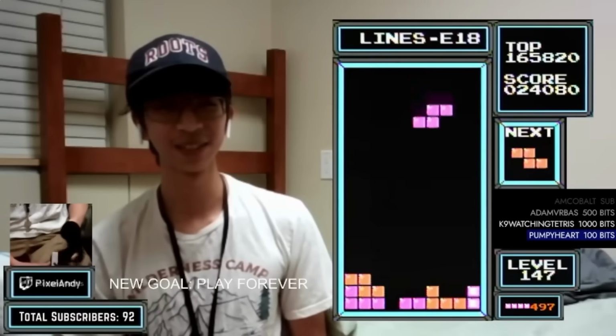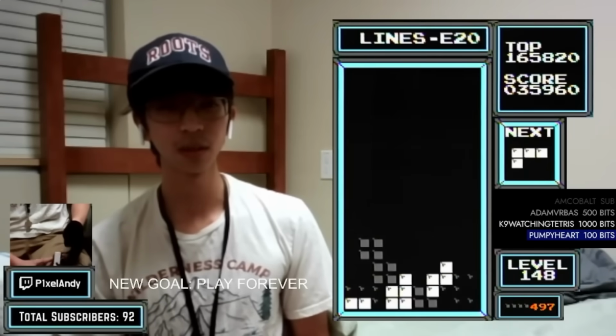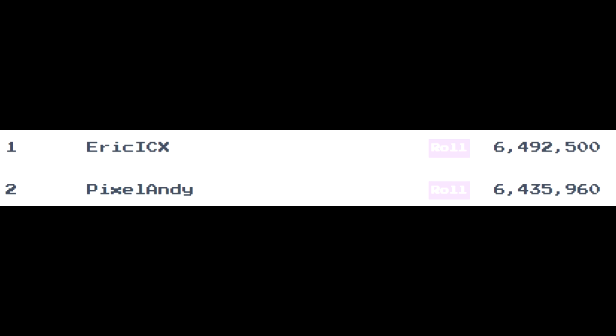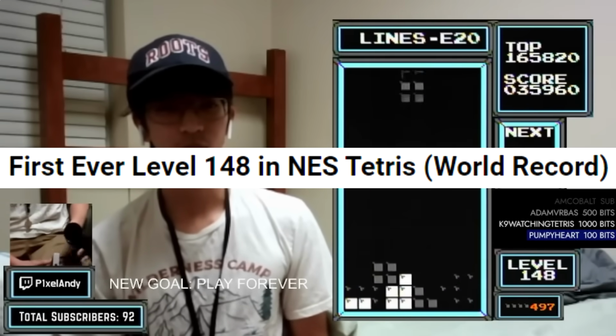Yeah, Dusk isn't the only hard color palette. Just 2 levels later, on level 148, you encounter Charcoal. It features a mix of white, dark gray, and black, and it's even harder than Dusk. After playing 147 levels beautifully, Andy was not ready for Charcoal. He'd made it over 6.4 million points, but he topped out just 57,000 shy of Eric's world record. A heartbreaking finish. Now, this was a new record for the highest level reached, 2 levels higher than Eric, but